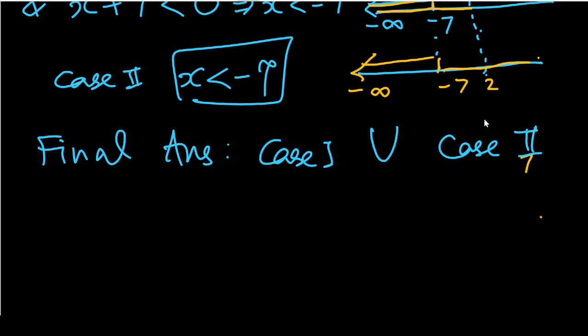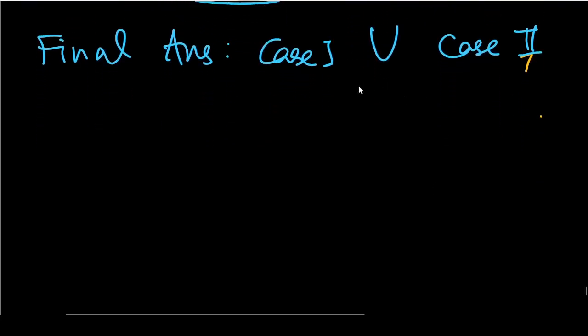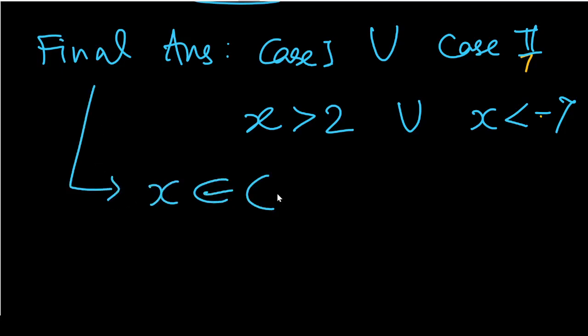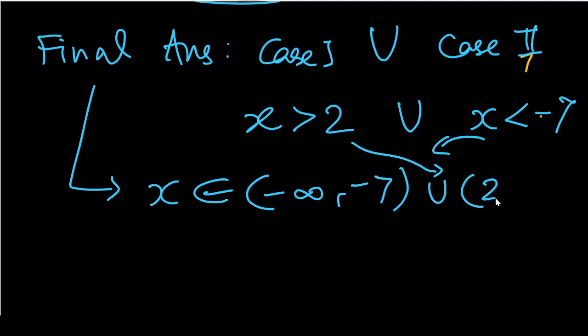So the case 1 answer, what we got was x greater than 2. Case 2 answer, x less than -7. So the final answer is x belongs to, I will write this first, minus infinity to -7, then followed by the answer here, union 2 to infinity. So guys, as you can see here,